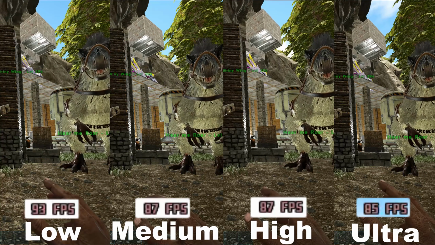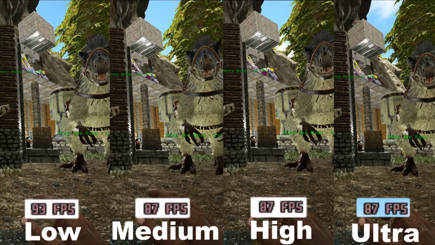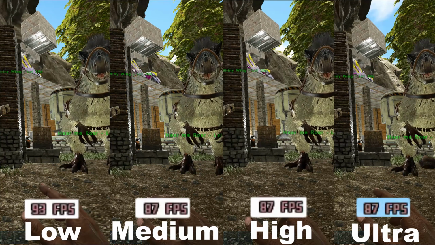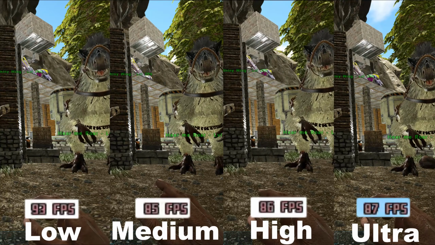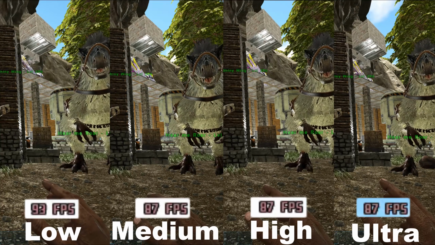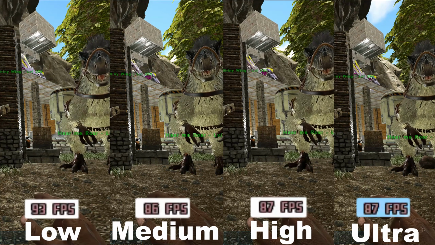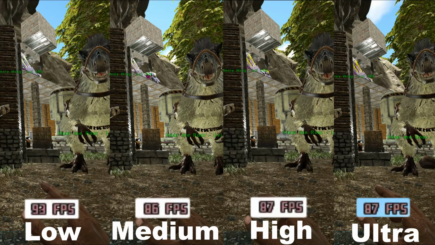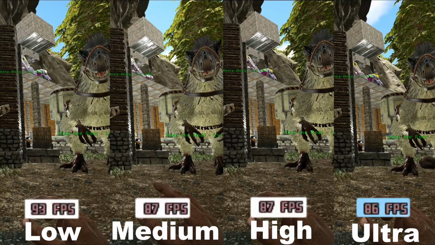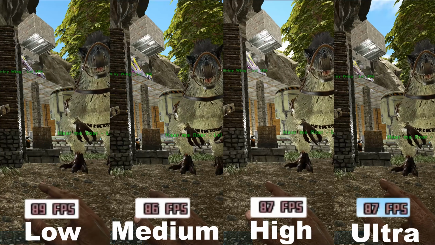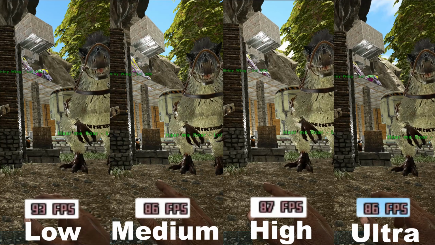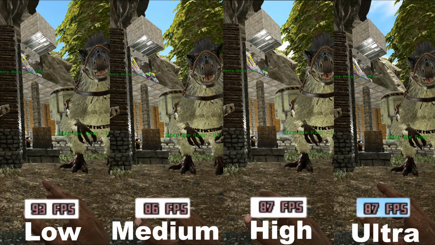Generally, it doesn't seem to make much difference after you go onto medium. Low looks pretty awful. I would probably recommend to use medium or higher. I myself would probably use ultra, just because it doesn't seem to be any different in FPS, and just to make sure that I have the highest fidelity. But if you have any FPS issues, or if you don't have enough VRAM, I would probably suggest turning it down to medium instead, because it is going to affect your VRAM usage.